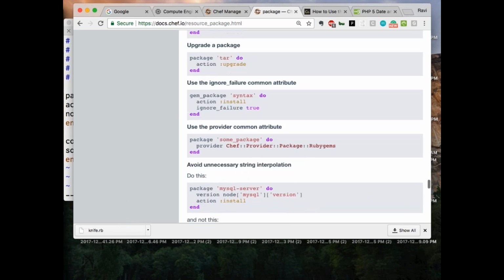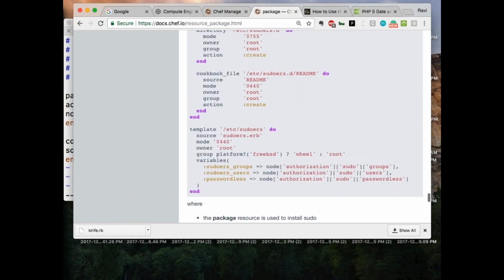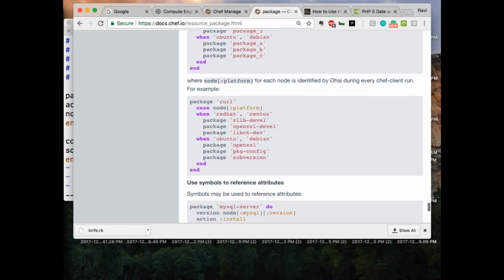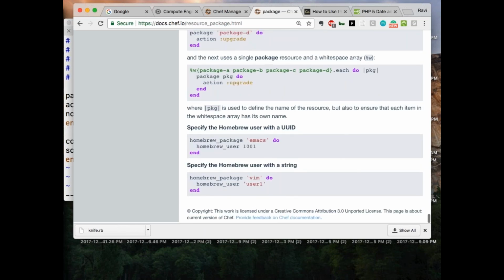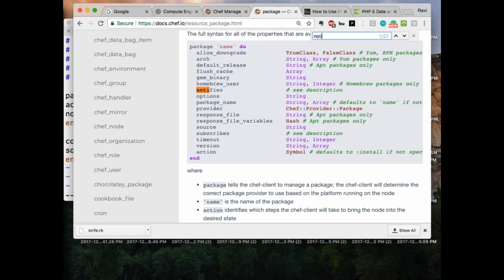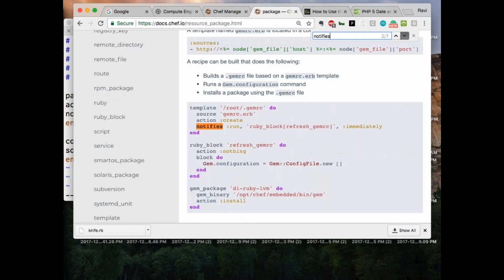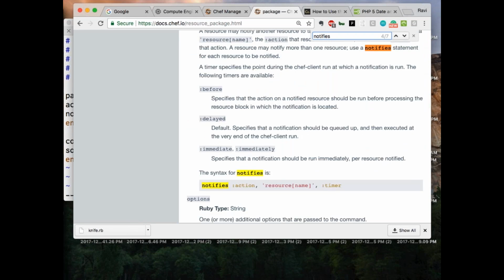I've seen it somewhere in this documentation. Yeah, this is what you need to do.